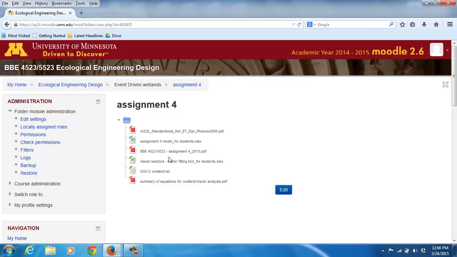The second problem has to do with taking tracer data and determining the hydraulic characteristics of the wetland from the tracer. So there are actually two spreadsheets that you'll be learning how to use. One is listed here as assignment 4 model for students, and the other one is mixed reactors tracer fitting tool for students. Both of those will be used along with the reference information given here in a data file called sav-2 wetland.txt. For right now, I'm going to show you how to use the